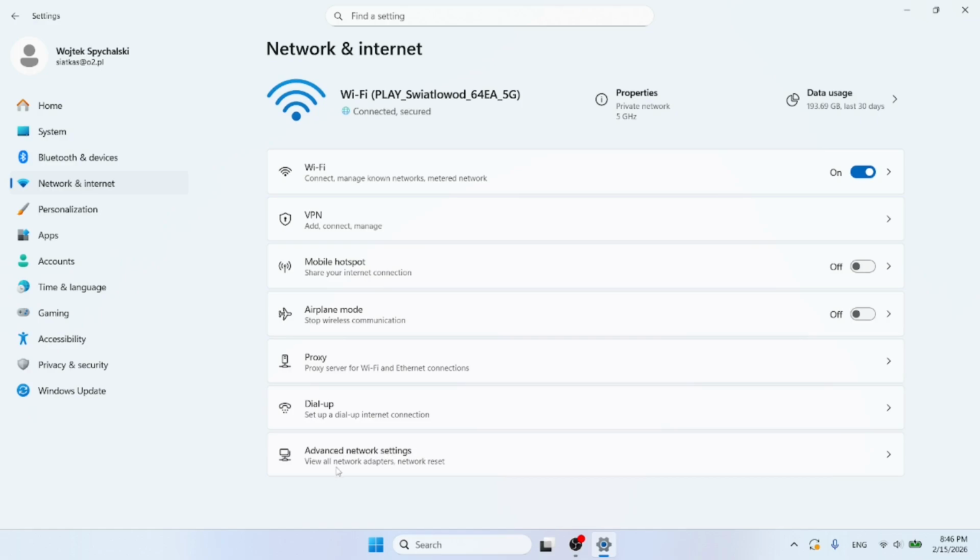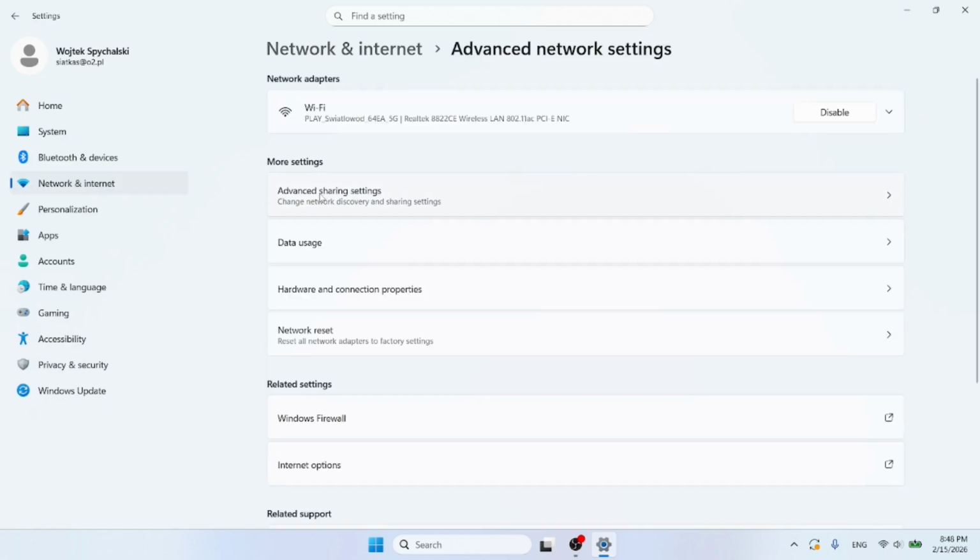It will let you to view all network adapters and network reset options. So I click on this one option, and here on more settings we can find advanced sharing settings. This option will let you to change network discovery and sharing settings, so I click on it, and here we